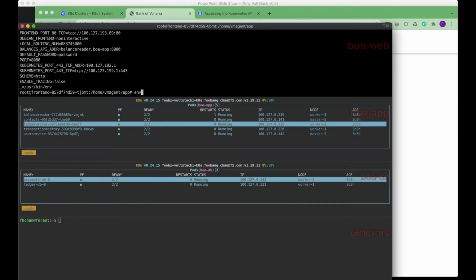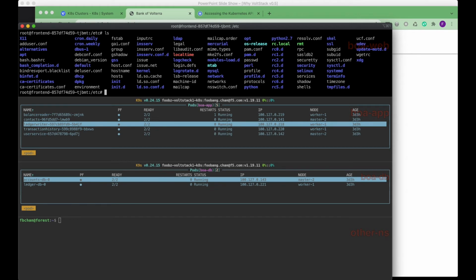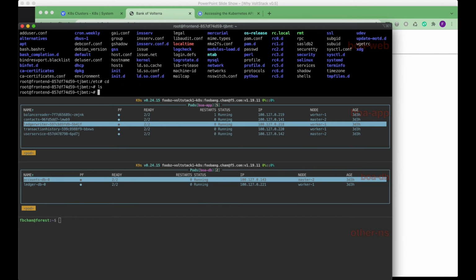Or maybe I may grab anything at BOA. So this tells me that there's an app server, an app namespace running on port 8080, some history, app API address, etc. Or maybe someone would go in to see the etc files, try to understand the environment. Or let's say, for example, if this is a Kubernetes pod that a potential attacker is able to get into,